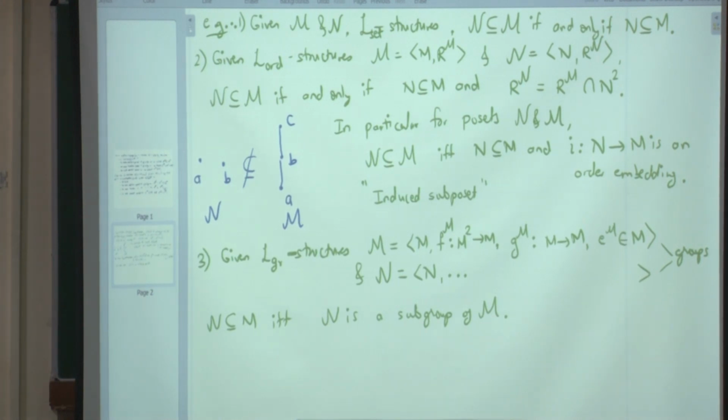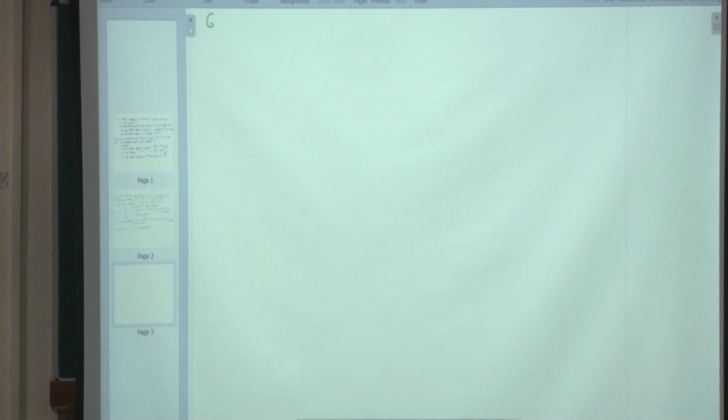But here we talked about something, I from N to M is an order embedding. Well, whenever we talk about structures, at the same time we should talk about the morphisms which preserve structures. So, we have seen Boolean algebras, Boolean algebra homomorphism, lattice homomorphism, poset like order preserving maps, right. So, all of those things we should talk about. So, given L structures M and N,